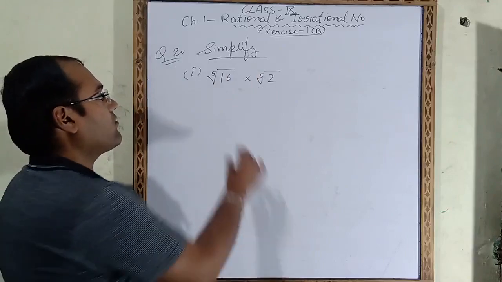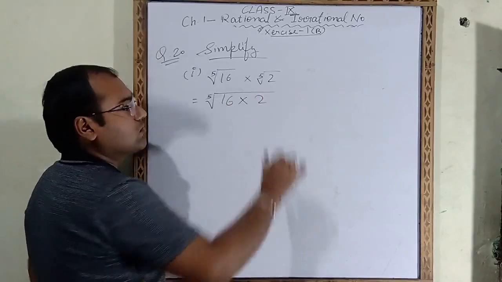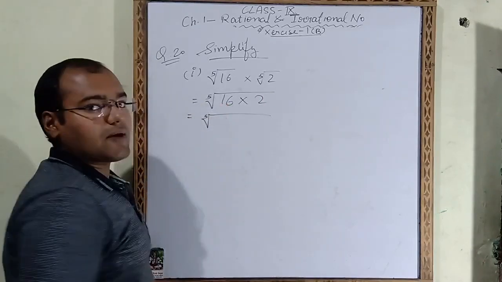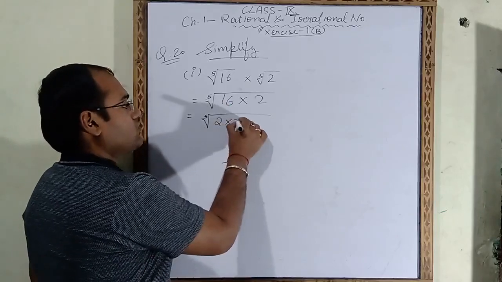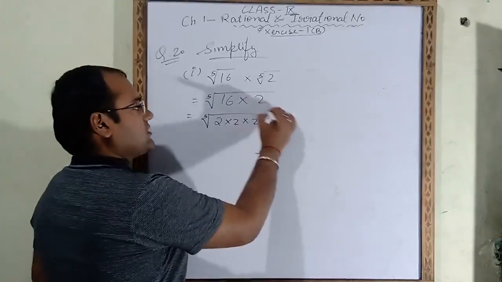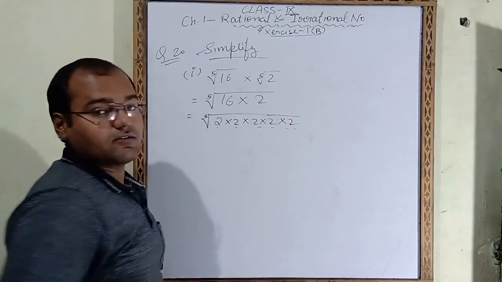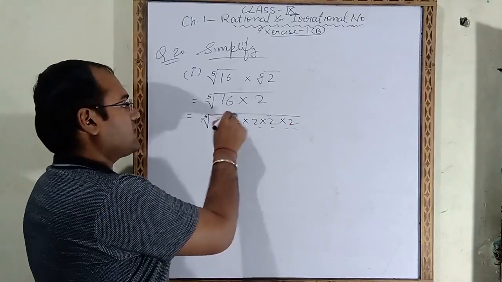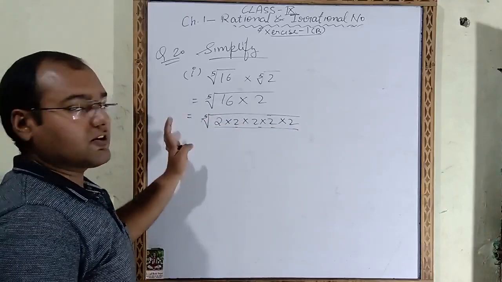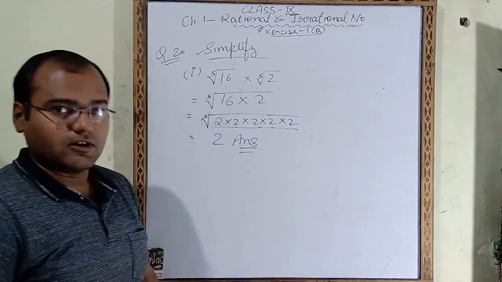In order to multiply these two, how will we write? We can write like this. The root will remain the same. 16 into 2. Now this root will remain as it is. We take the prime factors of 16. 16 prime factors means 2, 4 times we have to write. 2 to the 4, 4 to the 8, 8 to the 16. And this remaining 2 we write as it is. How many 2s are there? 5 twos are there, and on the root it is also written 5. That means this 5 times 2 we write outside the root, and we write it one time. That means the final answer is 2.